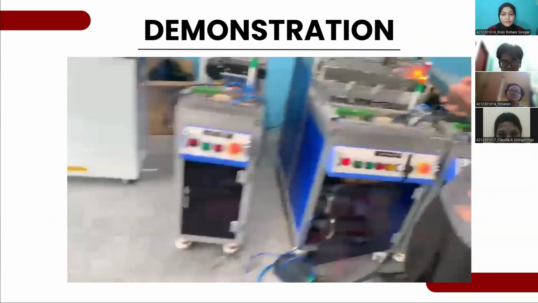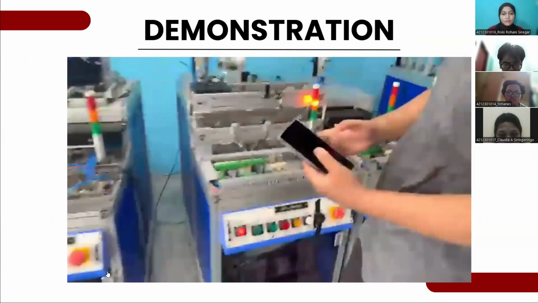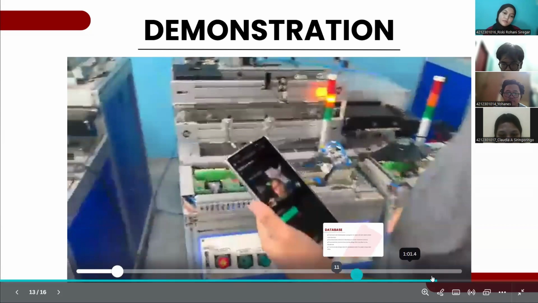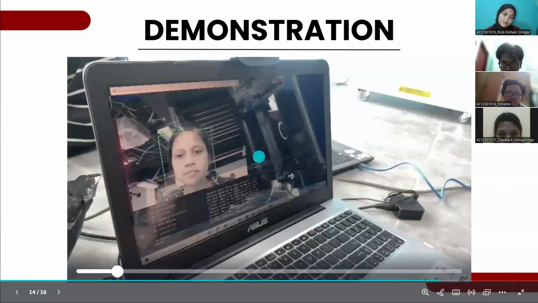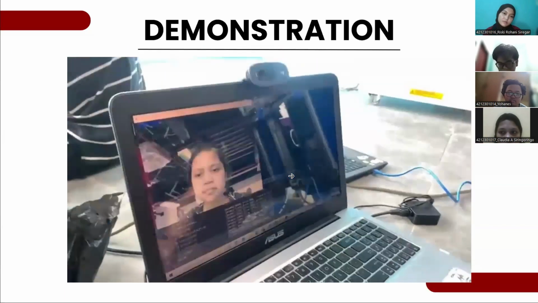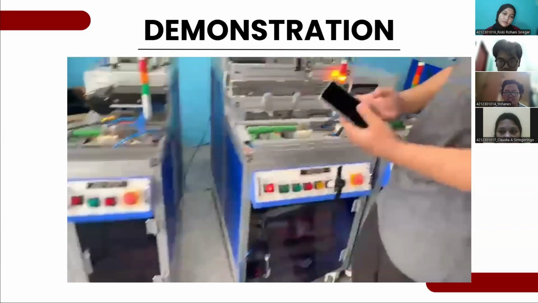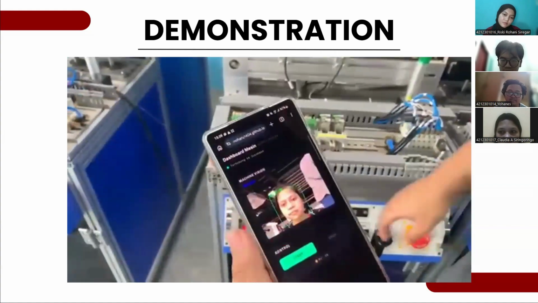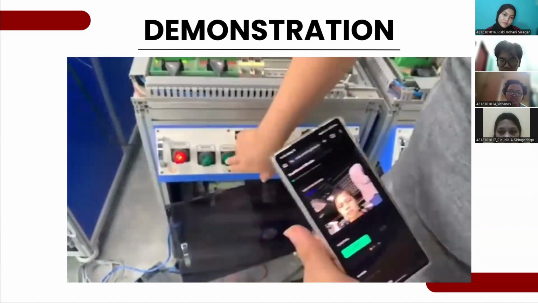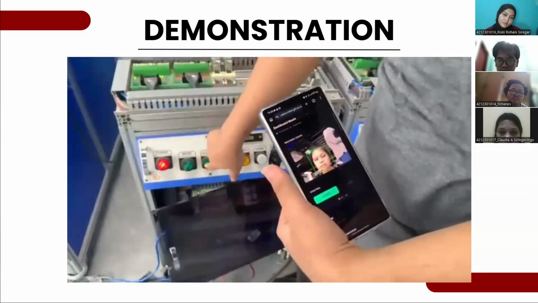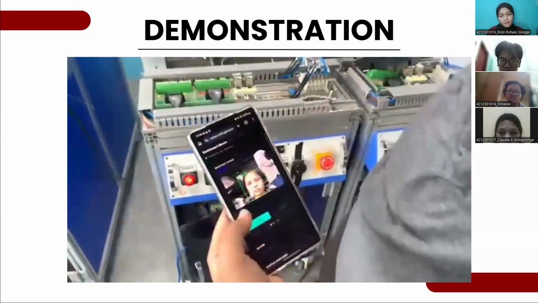So this is the demonstration. When the start button in the web isn't pressed, the machine cannot start even if we press the button on the machine.